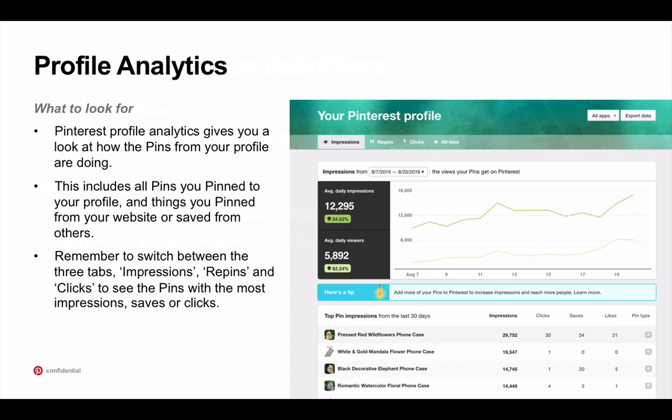So this includes both pins that you've saved to your profile and also pins that you saved from your site and also from other sites. So there are 3 tabs on each section of analytics: impressions, repins, which we now call saves, and clicks. So when you're in each section, make sure to toggle through these 3 views to see the data for each